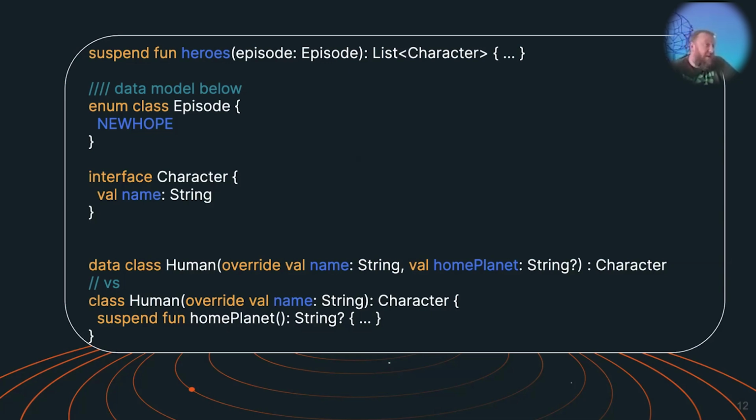And furthermore, I made it asynchronous by using the Kotlin superpower, the coroutines, the suspend fun. That's how you can identify it as a coroutine. And this makes it fully asynchronous, and the home planet is only going to be fetched when the folks actually ask for it, right? So this brings me to the first benefit of doing that in the code first,